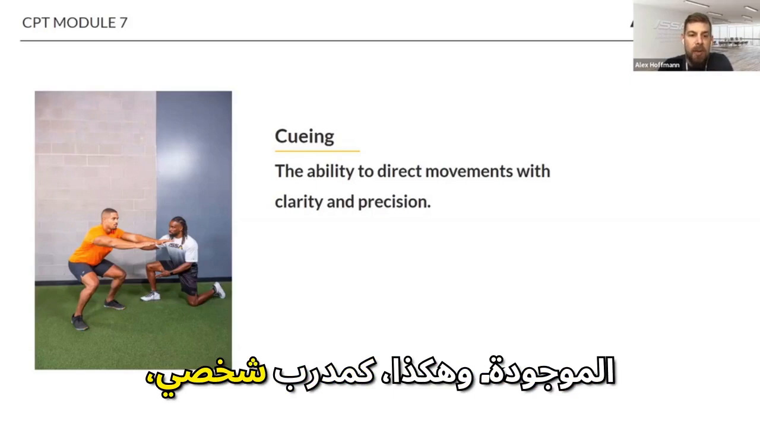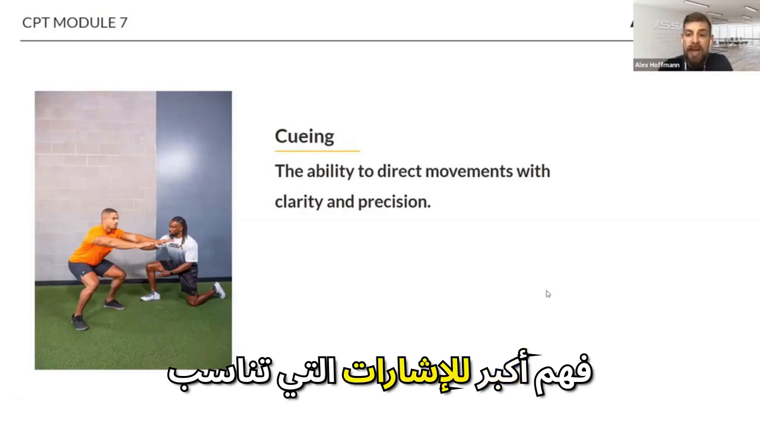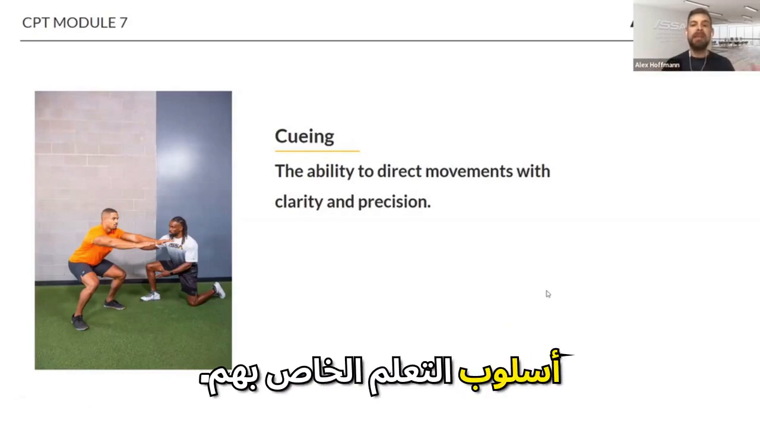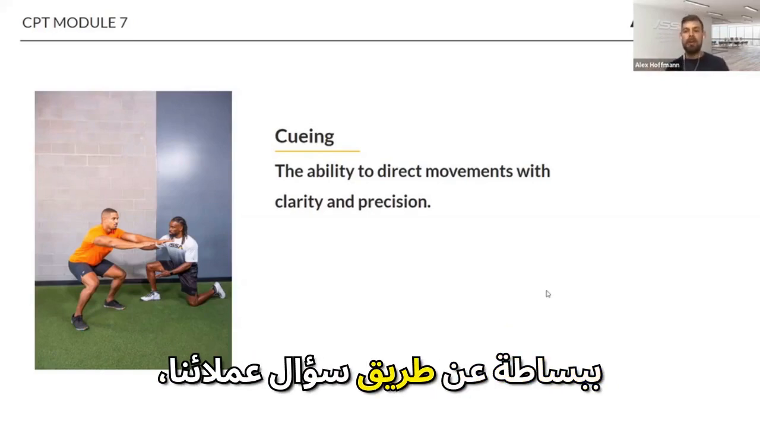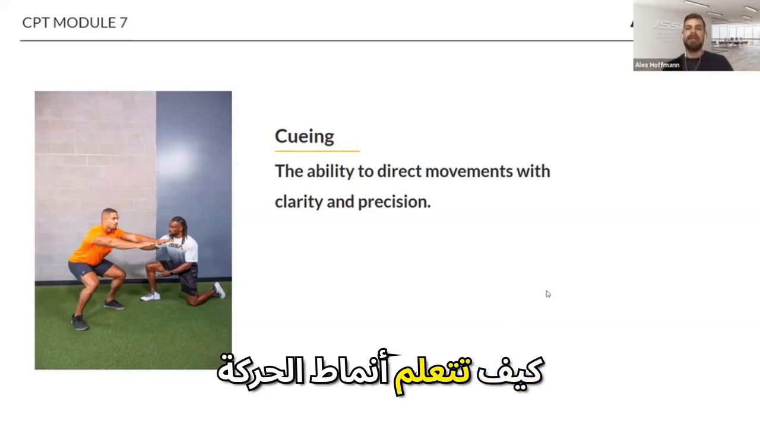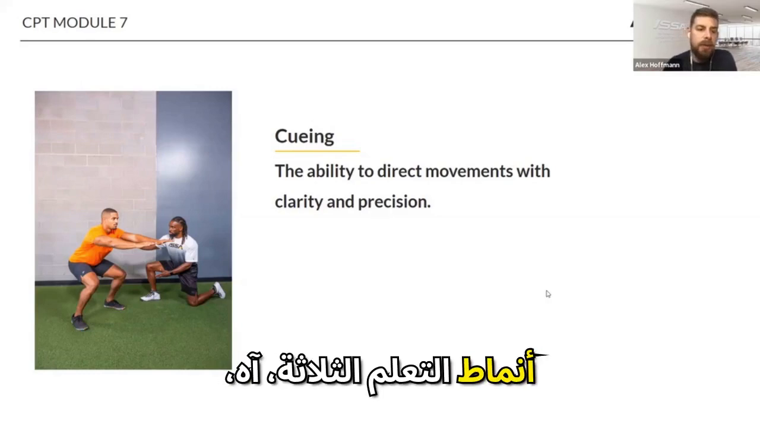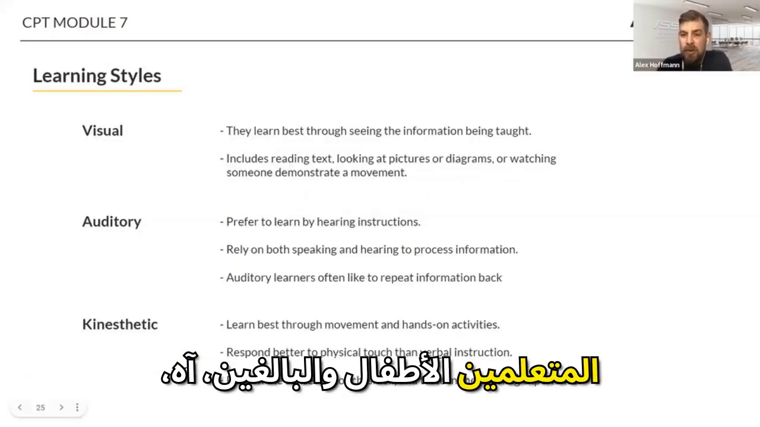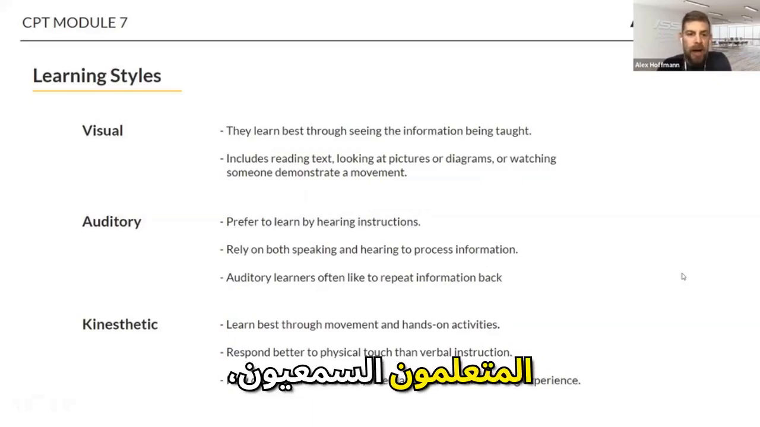And so as a personal trainer, it's really important to cultivate a greater understanding of cues that work best for our clients based off of their learning style. And we can determine what our clients' learning styles are through observation or by simply asking our clients, hey, how do you learn movement patterns best? And the three learning styles that are typically identified with both children and adult learners are visual learners, auditory learners,